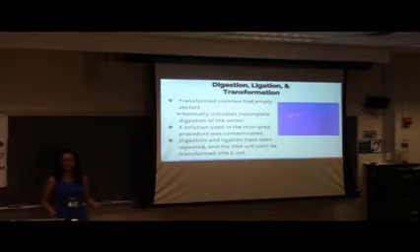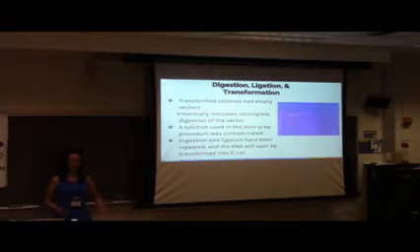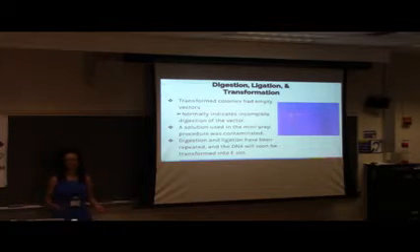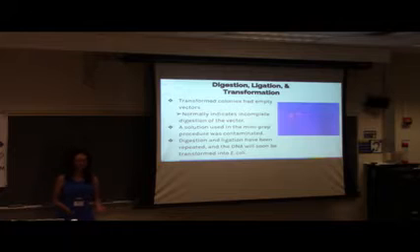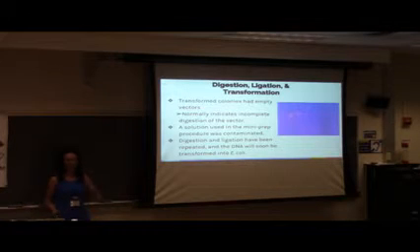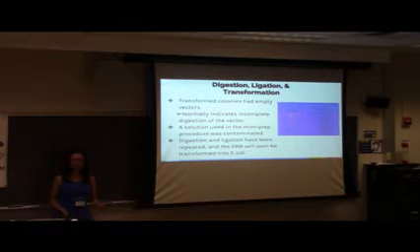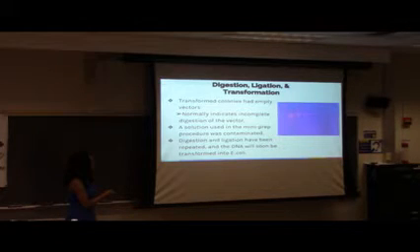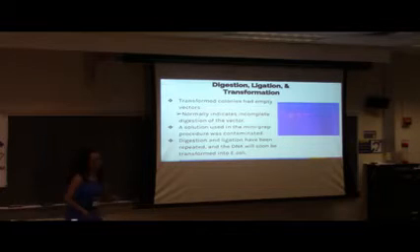So for the next parts, we transformed our colonies, but they had empty vectors. So basically, our desired gene wasn't in there. This normally indicates that there was incomplete digestion of the vector, but since this problem has been going on throughout the whole lab for about a month now, we realized that it was probably a contamination of the mini-prep solution. So we did this experiment where we had a 1 kilobase ladder over here, and then this was a mini-prep using the old solutions, and then this one was a mini-prep using the new solutions.